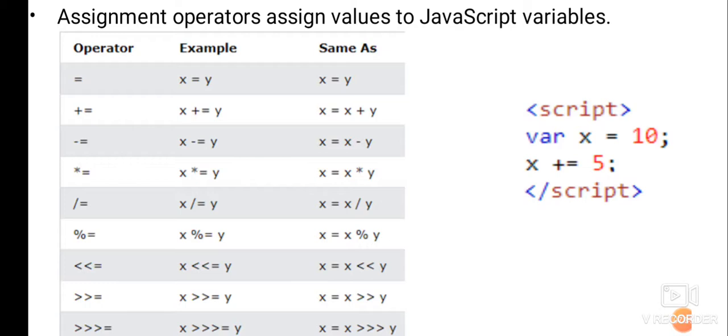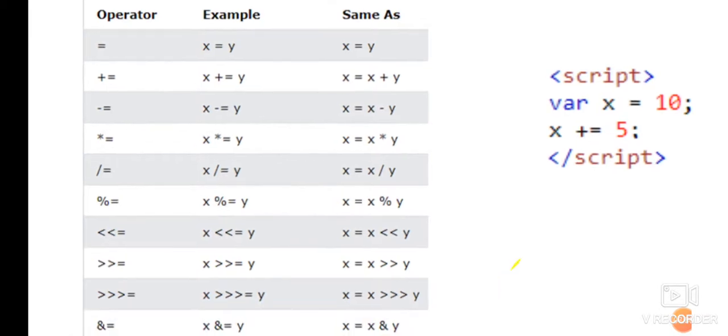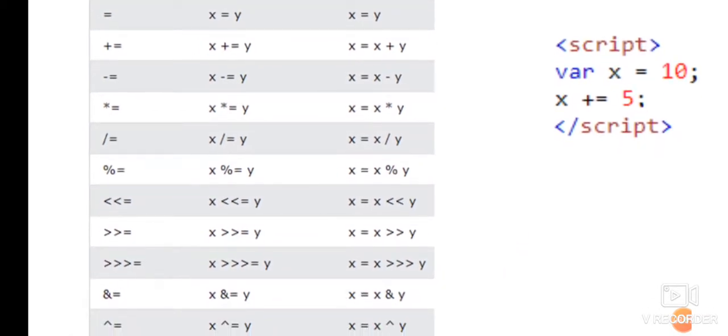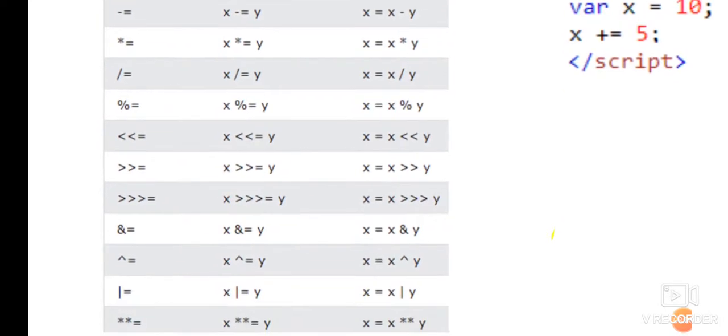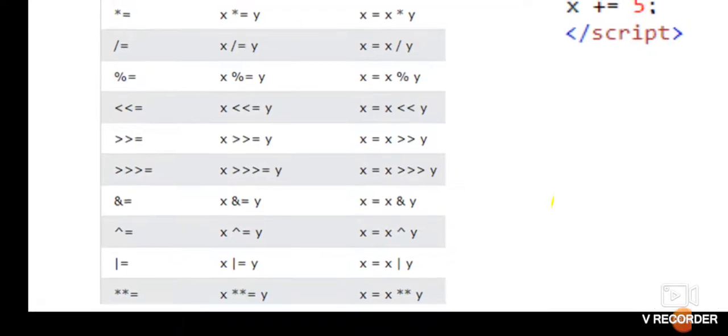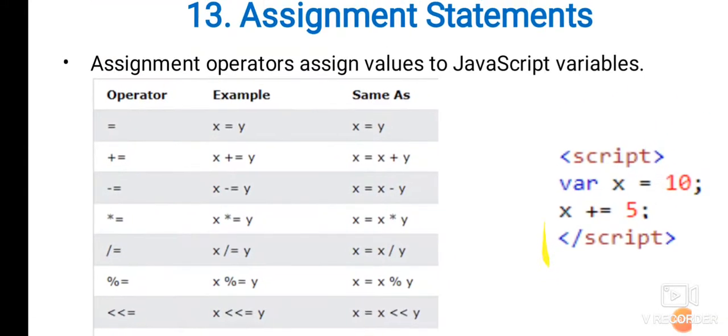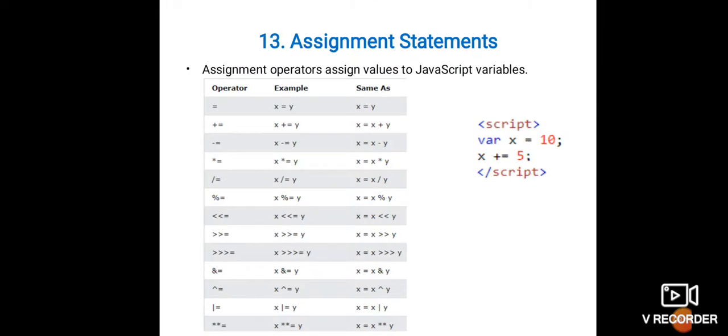Within the script, we have declared one variable, that is x, where x = 10. We have initialized the value as 10 to the x variable. You can see the second statement, x += 5 means here x = x + 5. The x value is 10 means x = 10 + 5. Here the output is 15. Like this, we are going to use the remaining operators like multiplication equals, division equals, modulus equals. Like this, we are going to use all the remaining assignment operators. This is all about assignment operators.